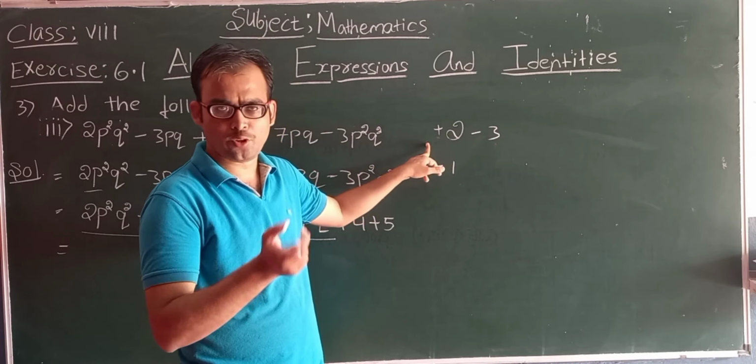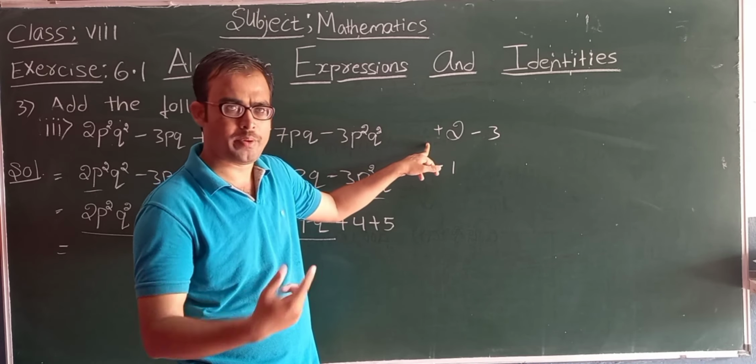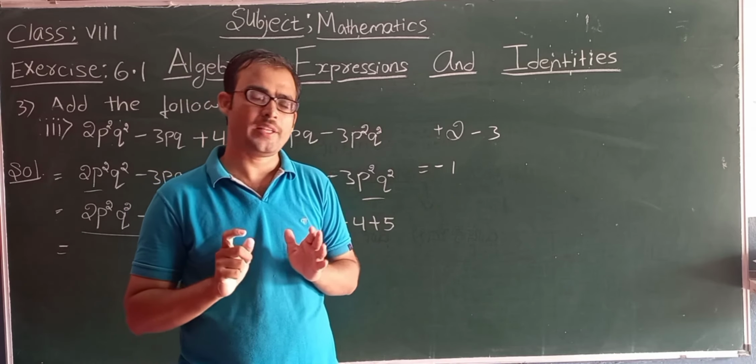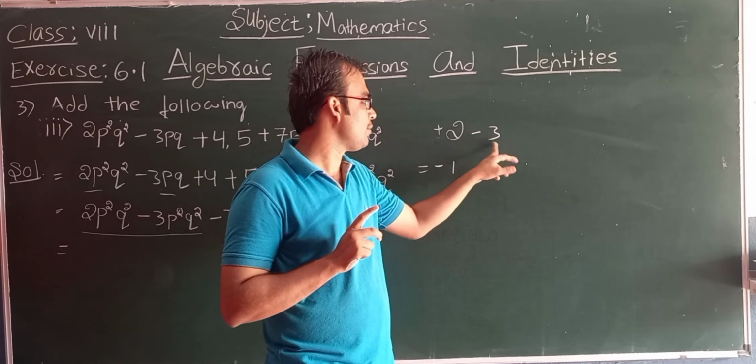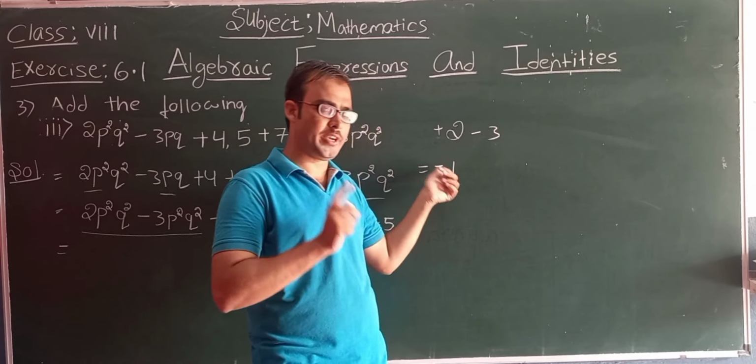So when there are two different signs, you need to subtract. Subtraction you need to do in a normal way only, that is, you subtract the smaller number from the bigger number, but while writing the sign, what sign do you place? You place the sign which is in front of the bigger number. In these two, 3 is the bigger number, and the sign in front of it is minus, no? So because of this, you have to write minus.